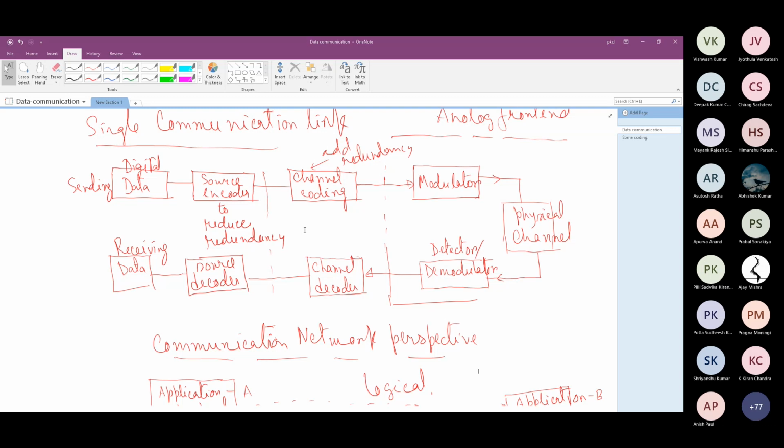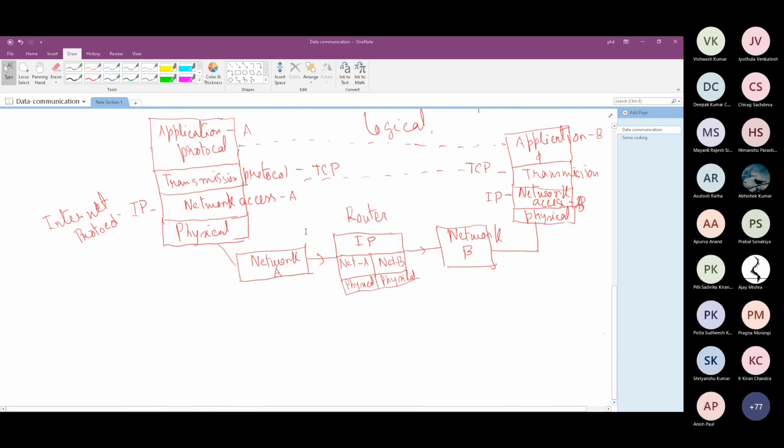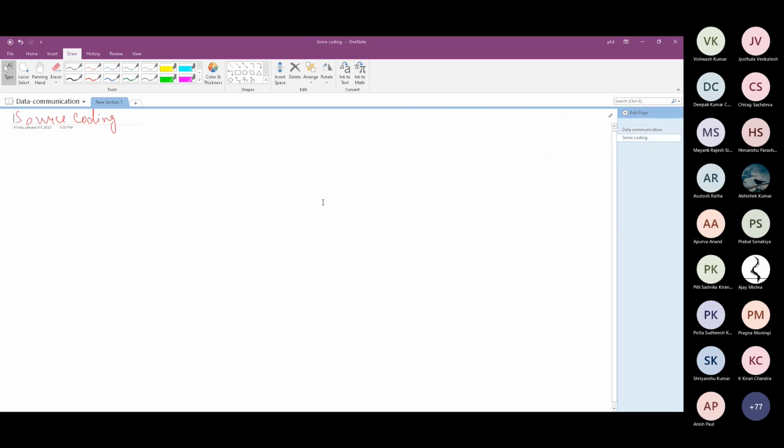That kind of source coding is what we will be concerned with. So the purpose of source coding